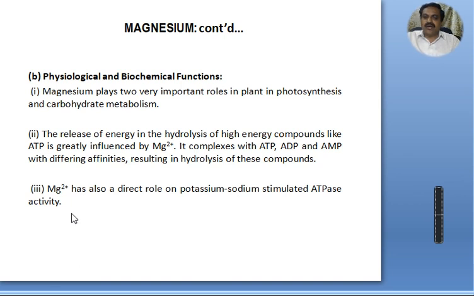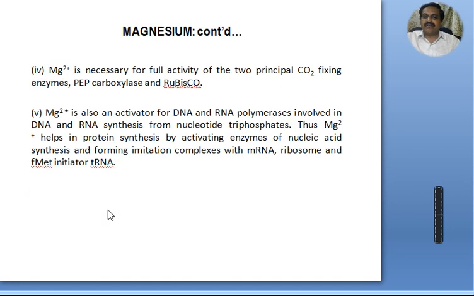Magnesium ion has also a direct role on potassium sodium stimulated ATPase activity. Magnesium is necessary for full activity of the two principal or main carbon dioxide fixing enzymes, that is phosphoenol pyruvate